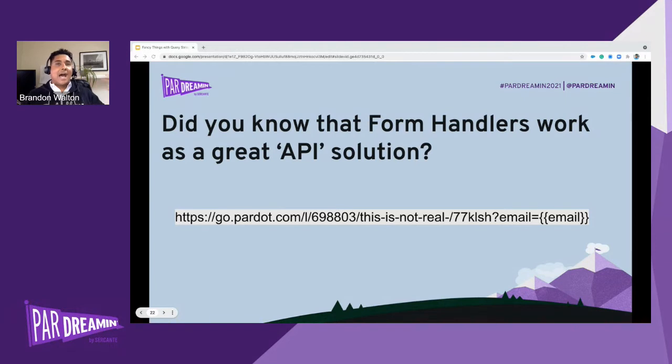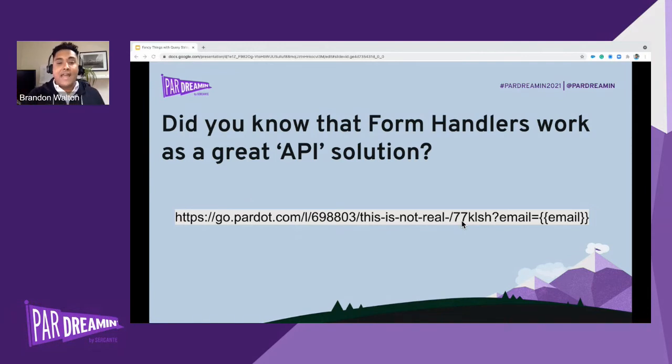So if you think of an application that you're building or a tool that you have, more than just a web form that's sitting out there, you can do an HTTP post method and use a form handler with that. So this is a fake form handler here. This is not real. But let's say I have a web application where I'm working with attorneys, and every time an attorney files a new docket in my application, I want to send them into Pardot. So this is a backend application. It's triggered by an attorney doing something inside of my tool.